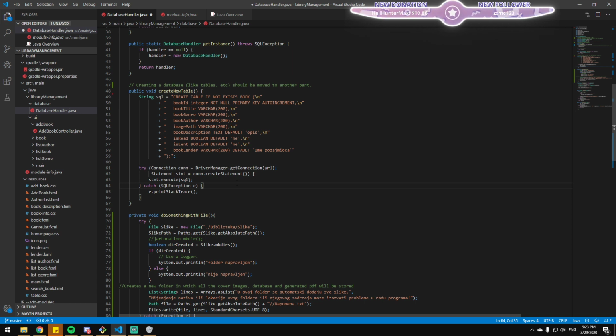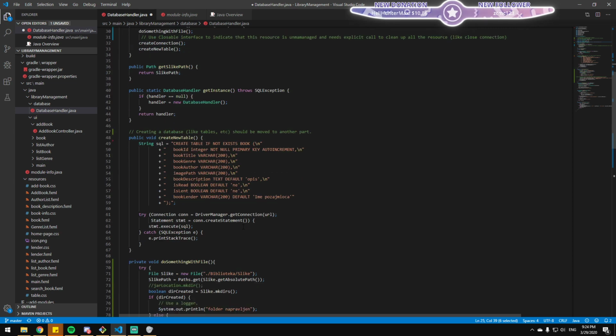But as is, I think it's fine. I just don't think it should be within this class. If you are going to have a method like this with a bunch of create tables, that would be better served in its own class with its own methods to create various tables. Right.